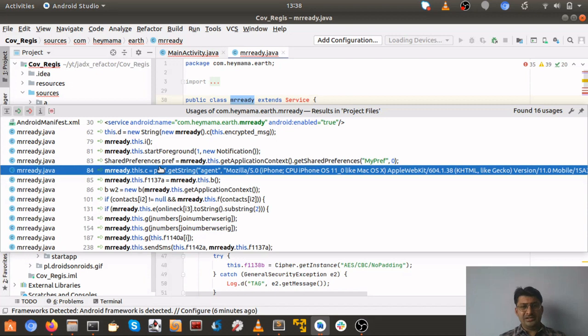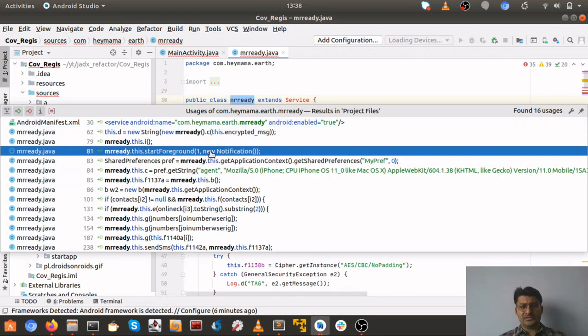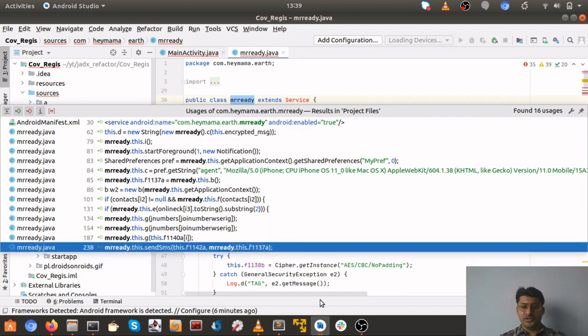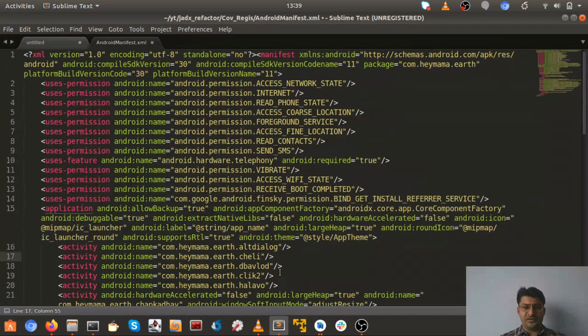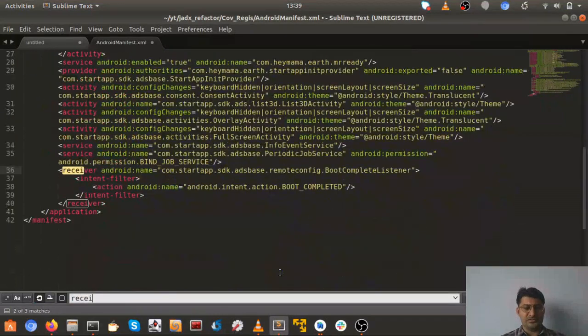The second way a service can be called is via a broadcast receiver. Say for example, when a device boots up, a particular boot receiver is initiated, and there this particular service can be called. So let's go quickly into our Android manifest and search for receivers, and there is only one receiver used, you can see here, which, as I told you, is on boot completed.